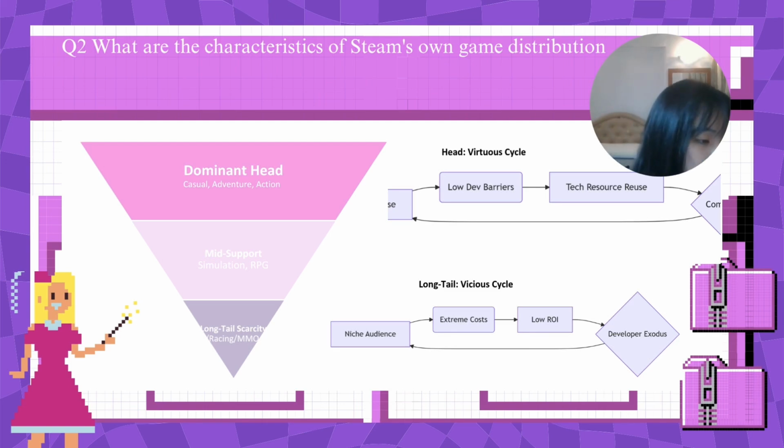Although the platform creates a democratic illusion, with low-threshold listing and early access algorithmic traffic, it essentially fills a homogeneous red ocean. Casual games can be mass-produced at low cost within 3 months, while sports games require hundreds of millions of investment over 3 years, finally exposing the fundamental contradiction. Will the platform pay for creativity? The reality is that innovation can hardly survive.